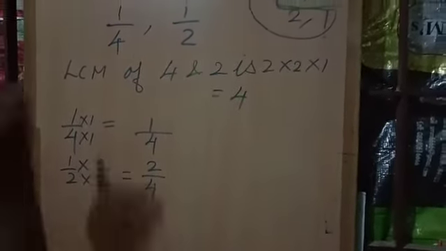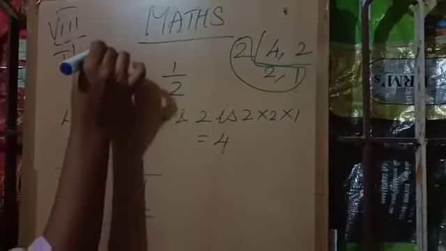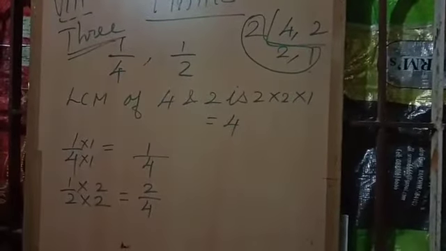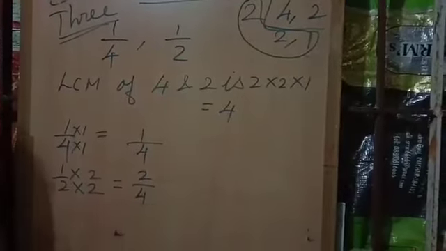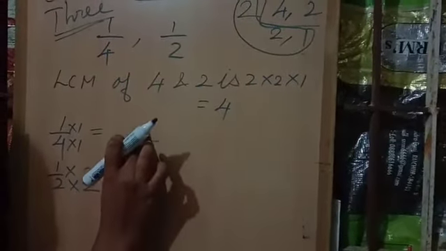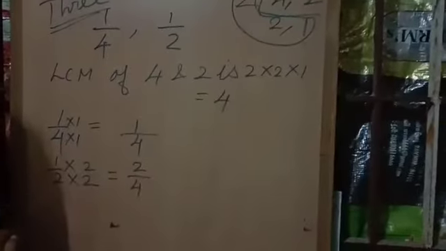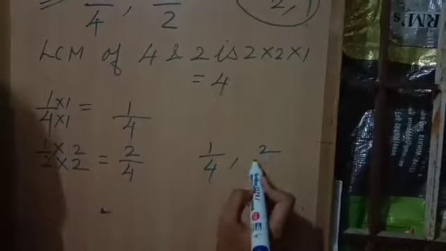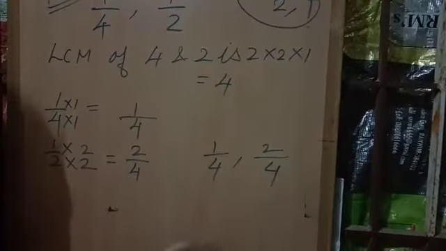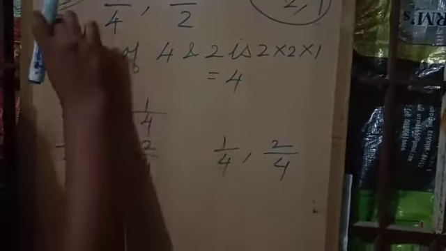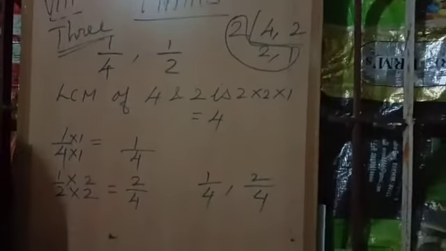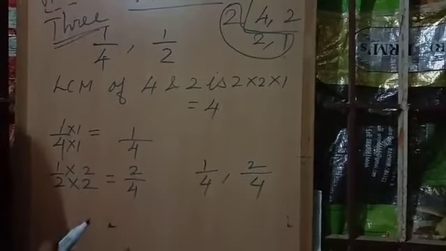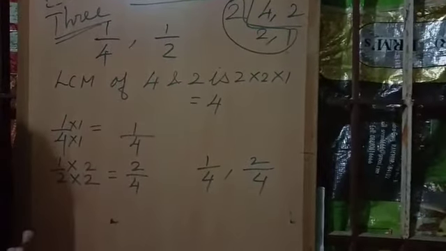We have to find how many rational numbers between these two rational numbers? 3 rational numbers we have to find. See, here the denominator is the same. See the numerator. Here the numerator is 1, here the numerator is 2. Is there any gap between 1 by 4 and 2 by 4? There is no gap. So how can you find 3 rational numbers? We can't find. So in that case what do you have to do? We have to find equivalent fractions for both 1 by 4 and 2 by 4. Understood what I am saying?